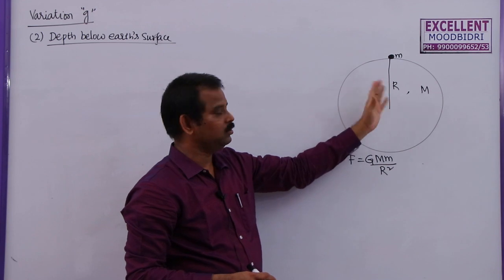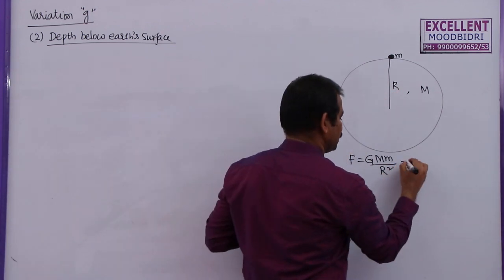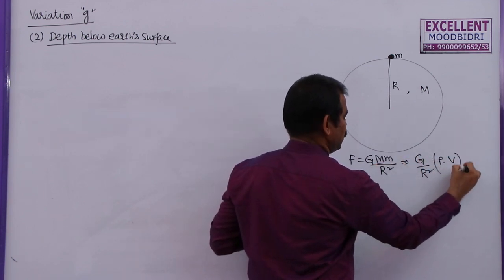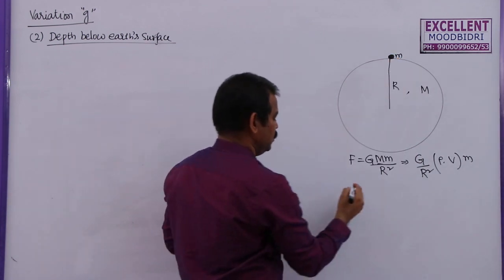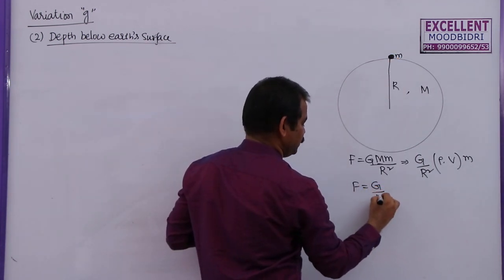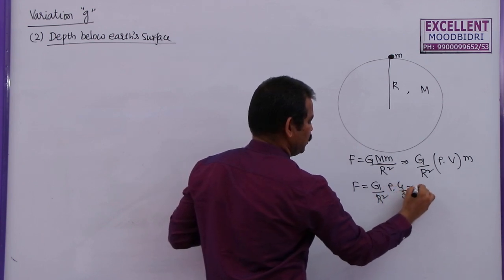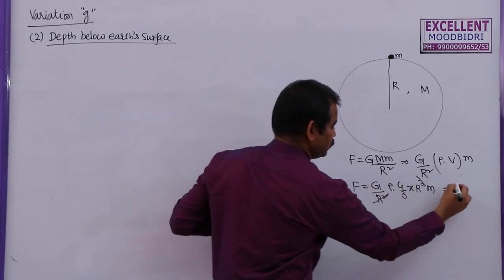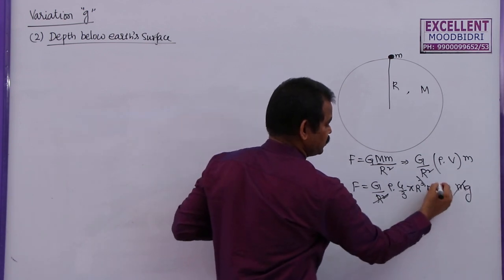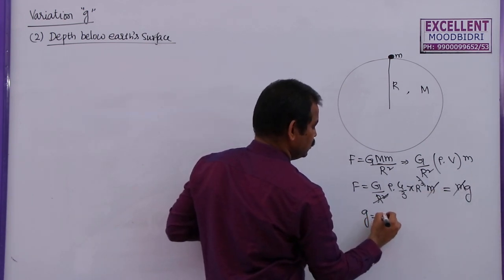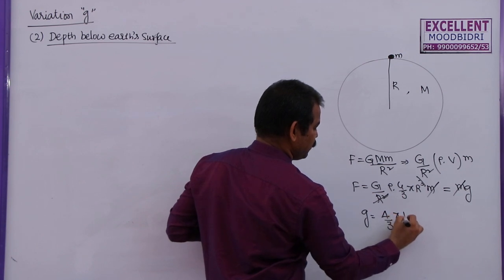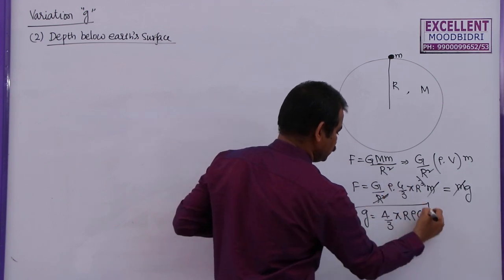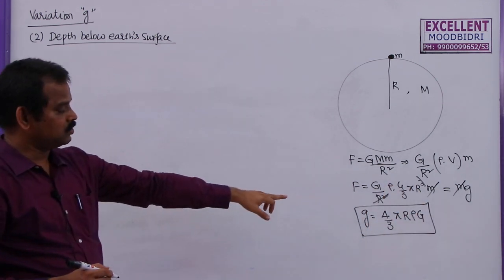But if you consider that earth is a sphere of uniform density, this can be written as capital G by r square. Mass of earth is equal to density into volume of earth, into mass of the body kept on the surface of earth. So this F can be written as capital G by r square, rho, 4 by 3 pi r cube, into m. This r square also gets cancelled. This force is also known as the weight of the body, mg. Now you cancel this and this. So what is small g? This is given by 4 by 3 pi r rho G. This is the small g value. Already we derived this, the relation between small g and capital G.